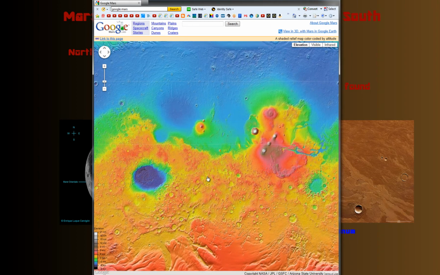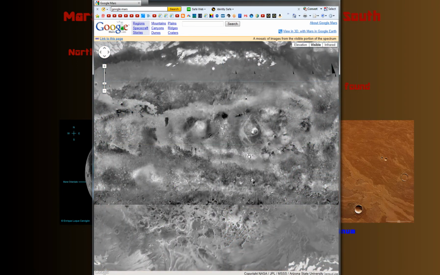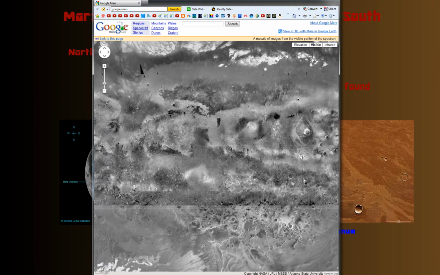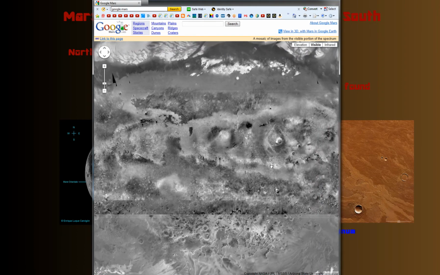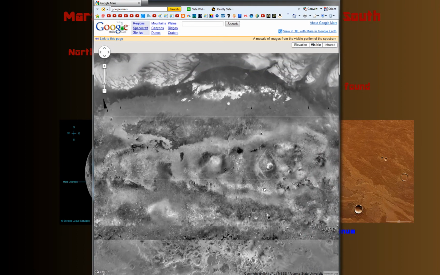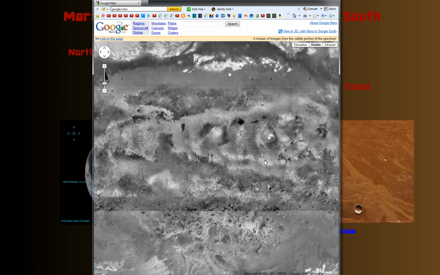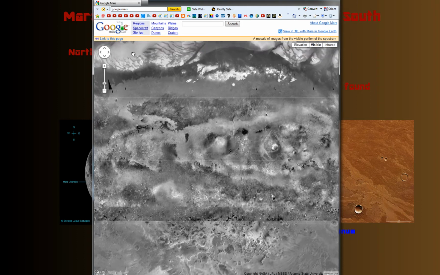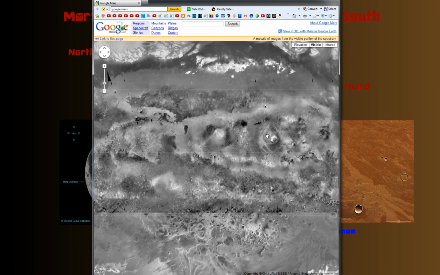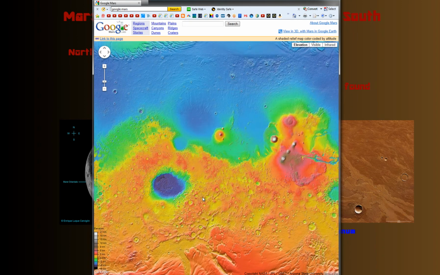What do these colors represent? Mars doesn't have to be represented in these colors, really. This is what Mars looks like in black and white. Not quite as impressive. You can't really tell as much what's going on, although it's a little easier to see some features like the ice up in the polar region and the top of the mountain here, the volcano, Olympus Mons. But in elevation mode, you've got the scale here, and you can see